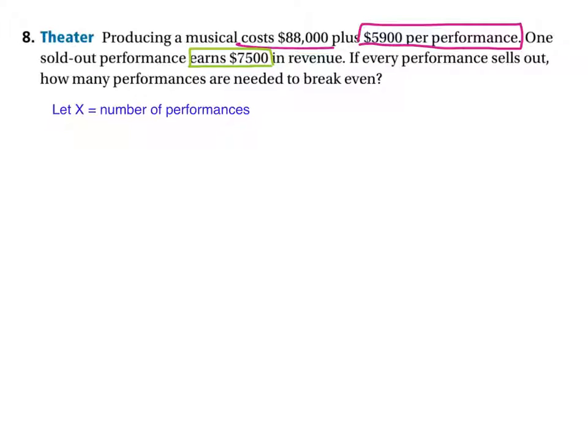Because all of this will depend on the total amount of money will depend on the number of performances. So the number of performances will be the independent variable, and then the amount of money will depend on that. So that will be the dependent variable. Okay. Let me see if I can switch colors within there. Thanks for your patience. So then we should say let Y equal